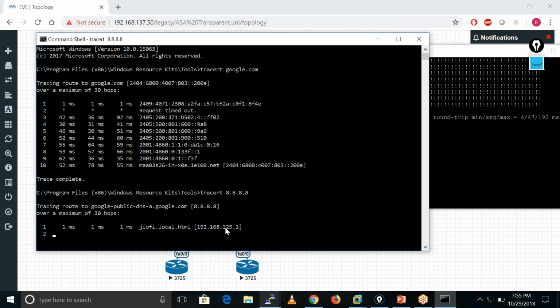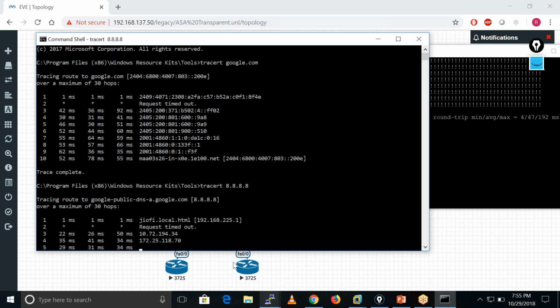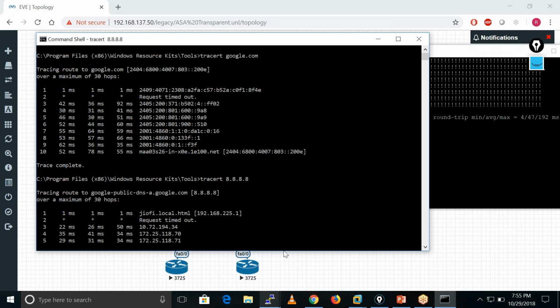So this is my first hop. This is the IP address of my home router, or home broadband router. After that, maybe this is an IP address which is configured somewhere, which is connected with my home. That is another IP address, okay. So I will tell you the thing.